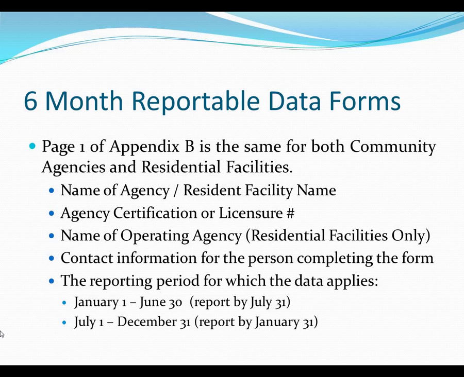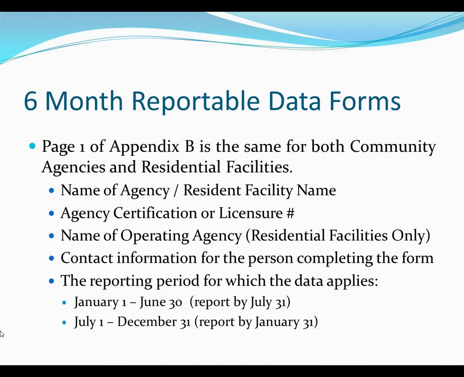So if you're a large community mental health agency and you're reporting on one of your residential facilities, the name of the agency will be the residential facility name, and the name of the operating agency will be the name of your community mental health agency. And the license number will refer to that residential license. So just to keep those things clear, these are things to be marked on the first page of